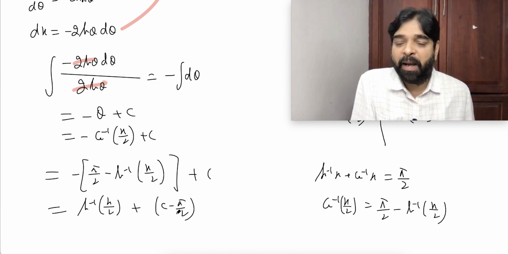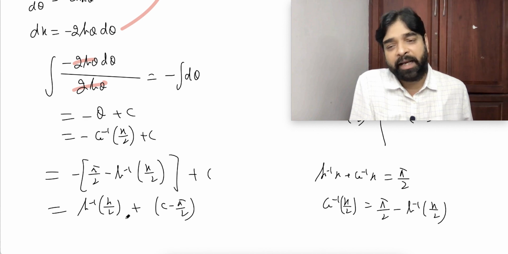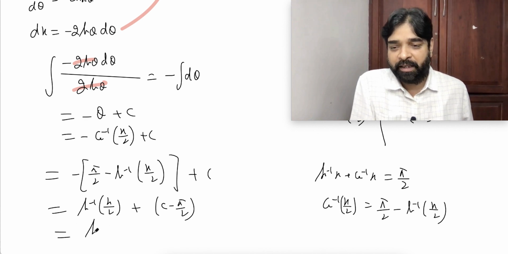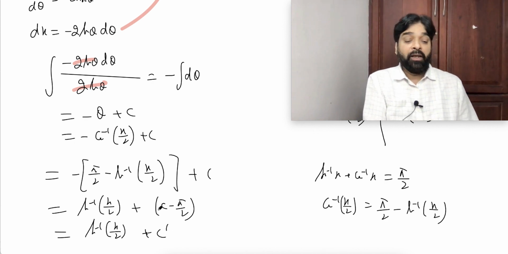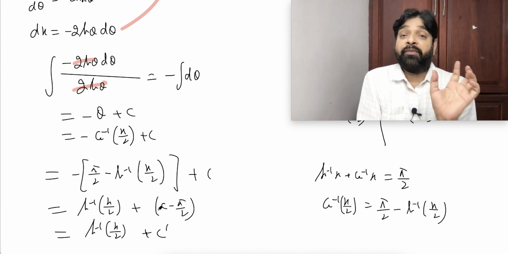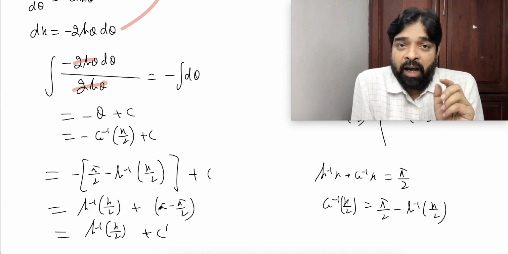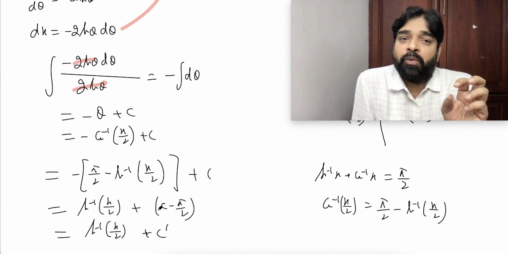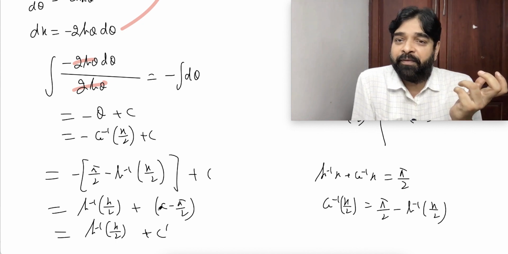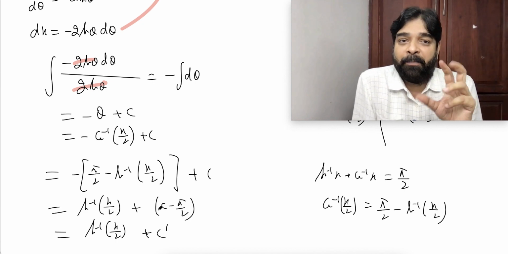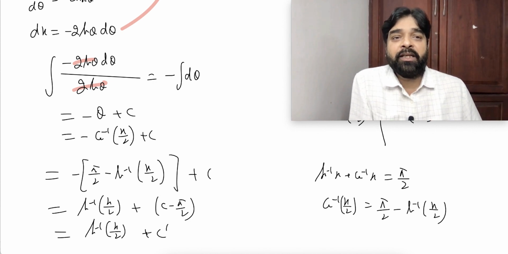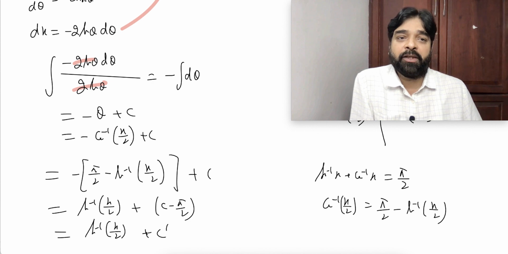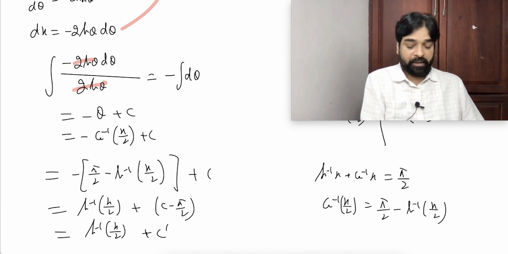C minus pi by 2 is a constant. So c minus pi by 2 is again an arbitrary constant. Of course, you can write this as c dash. But this is the arbitrary constant itself. Same answer. Because in integration, if you do different substitutions, the appearance of the answer will be different, but the answer will not be different. The appearance of the answer will be different. If you manipulate a little bit, easily you can do the things. It will not be a big issue. Is this clear to everybody?